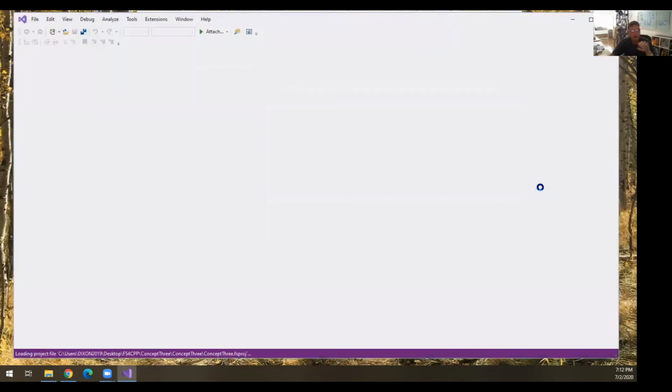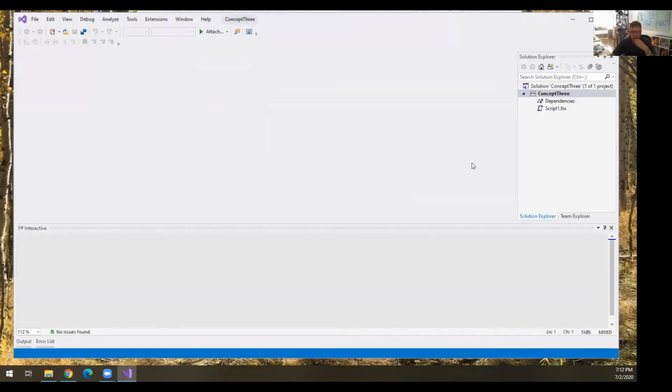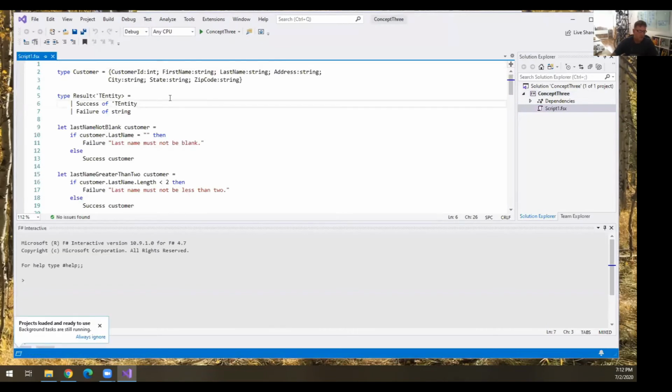Now, this concept is probably less important to you, but it really resonates with the C# people. It's a concept called railroad-oriented programming. And the concept is this: you have 2 tracks. Track 1 is the happy path of the execution of your application. Track B, or the other rail, is when things go wrong, and they're running side by side.